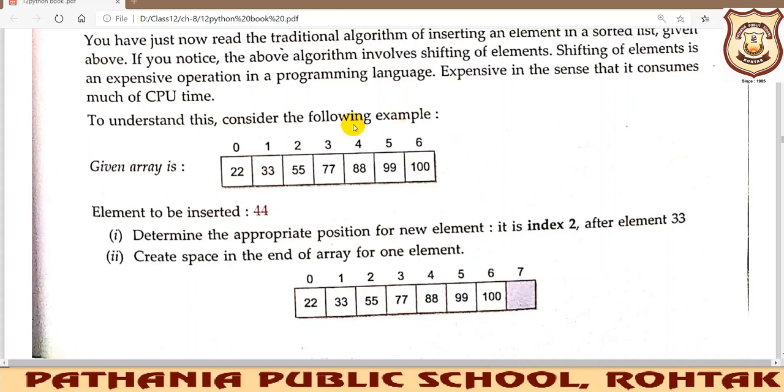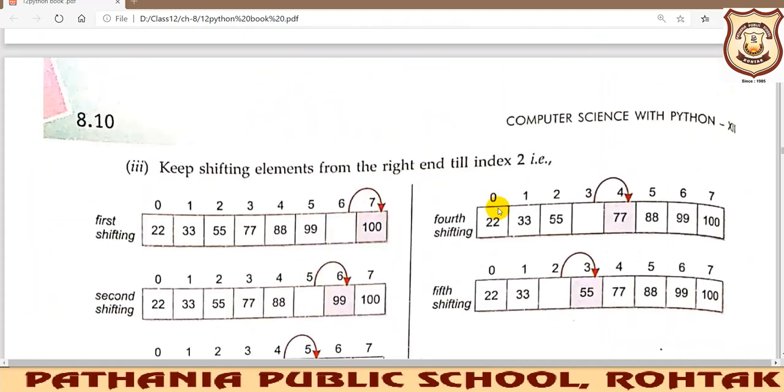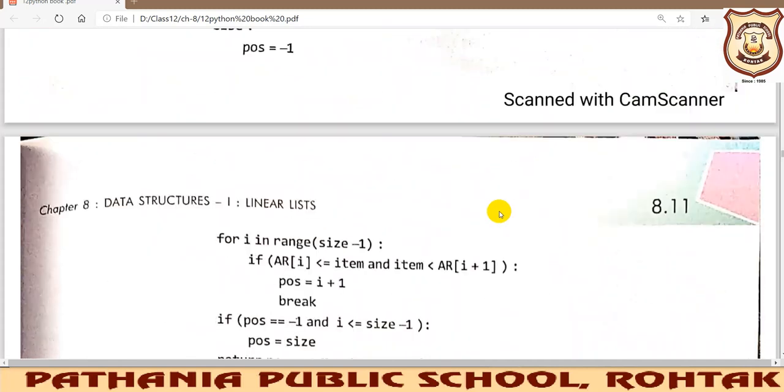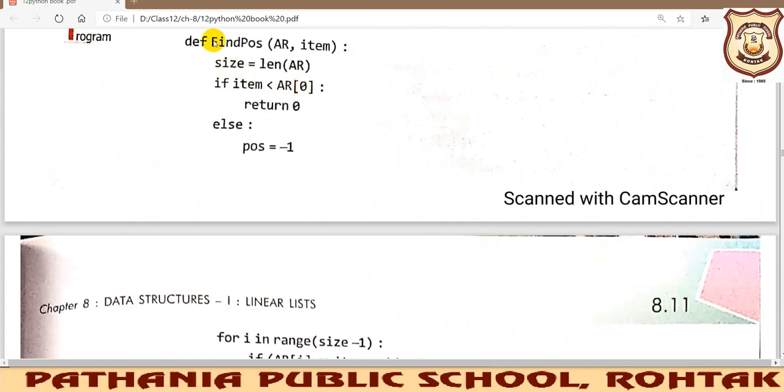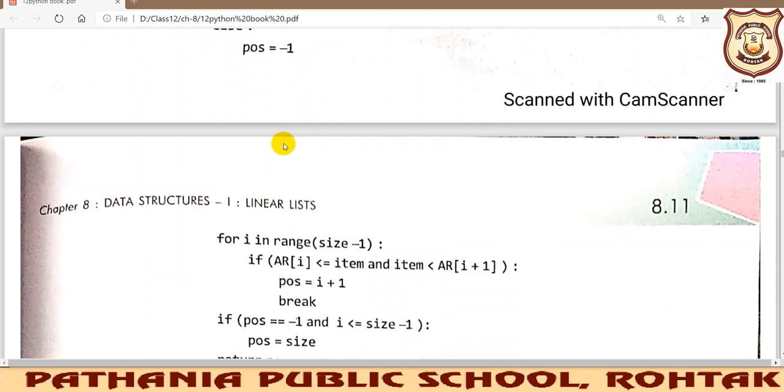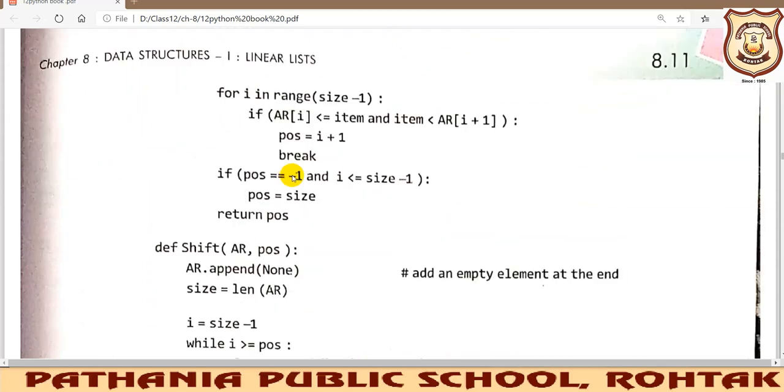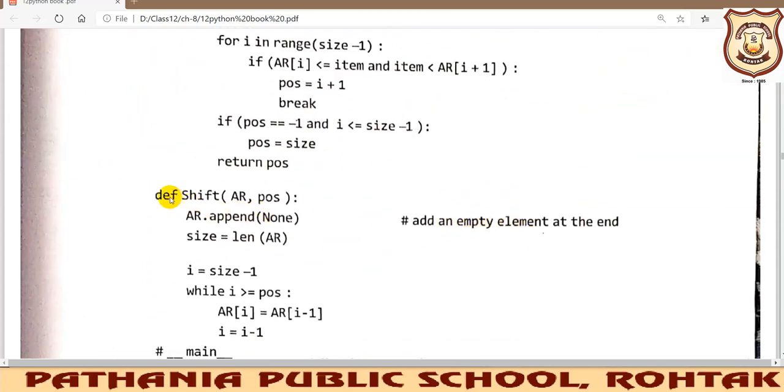Okay, so for following this particular strategy, we need to work with three functions, and these three functions are defined here. So it's a long process. You can see first is the find position function we have made to find out the position. Then after that you can shift the elements. For that, the shift function we have made.